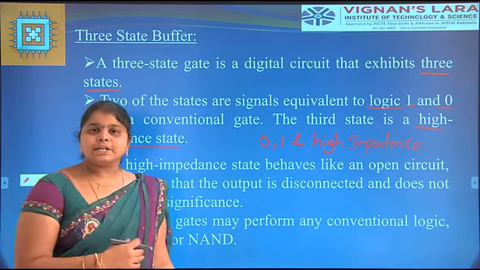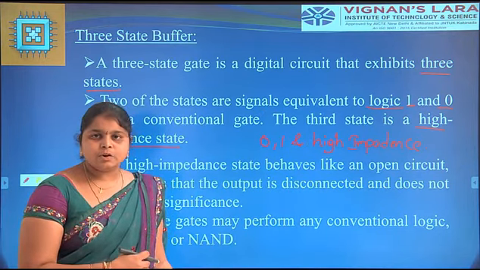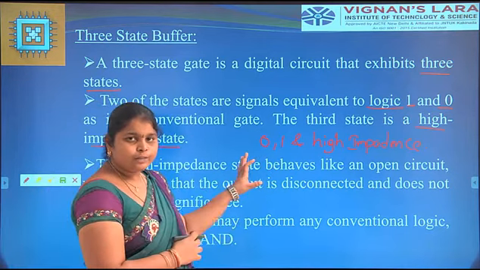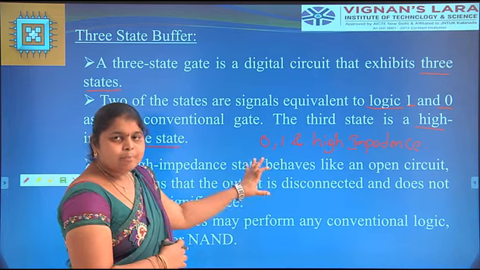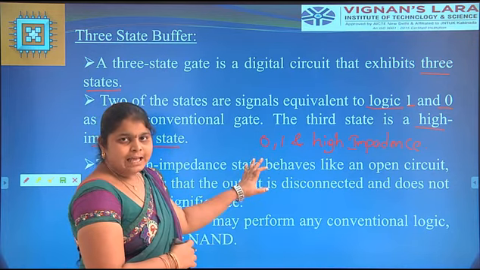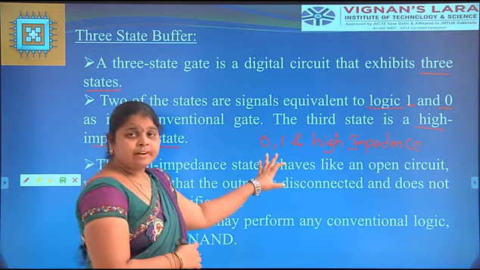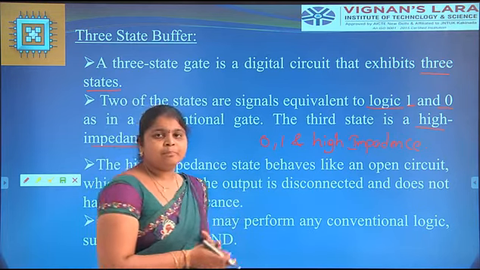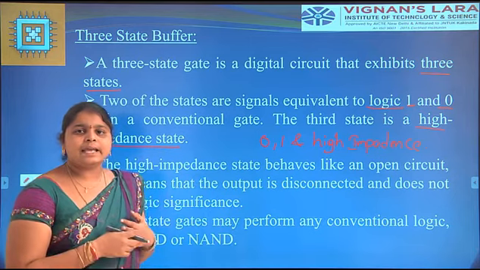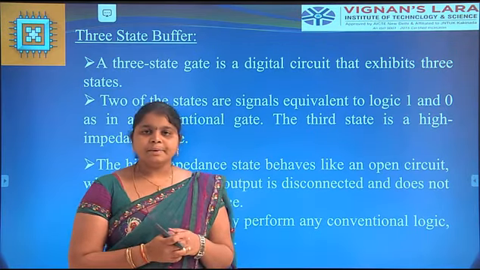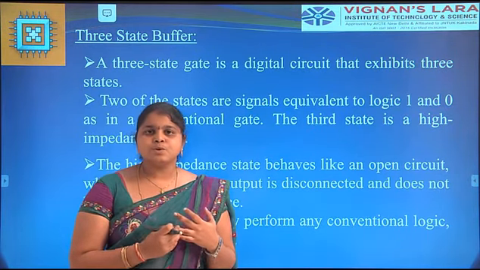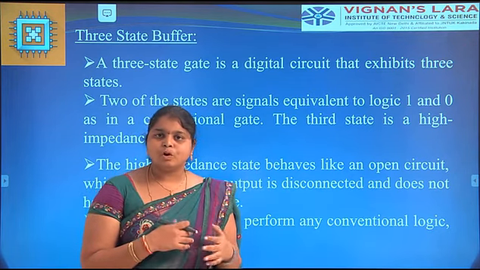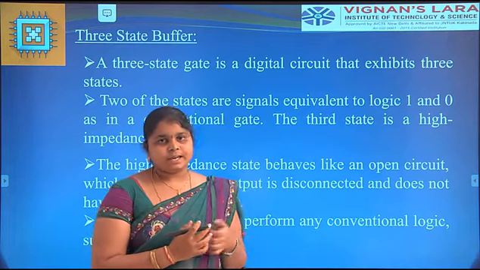Okay, it consists of three states: logical 0, logical 1 and high impedance. What is the meaning of high impedance? We already know 0 and 1. It is a binary representation, binary information that can be accessed by the computer. High impedance means there is no output representation, it is in the form of an open circuit. There is no output representation in a three-state buffer.